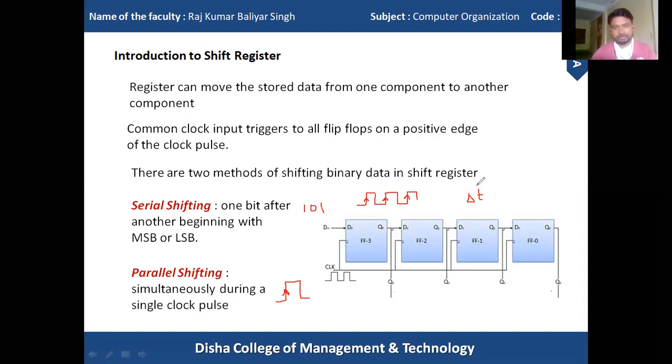We have to wait some time, and only after that can we transfer the next bit of data. That is called propagation delay. But there is no propagation delay in parallel shifting. We can transfer the whole data in a single clock pulse, so parallel shifting is faster than serial shifting. Clear?